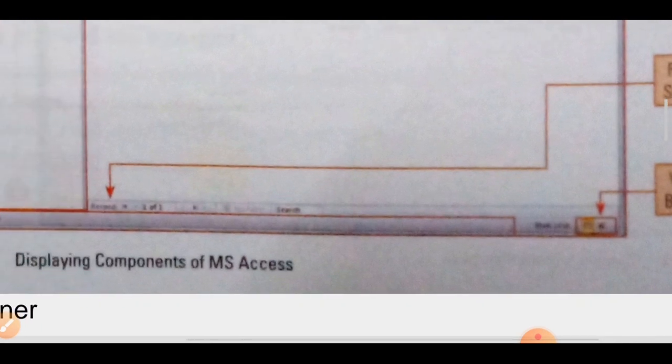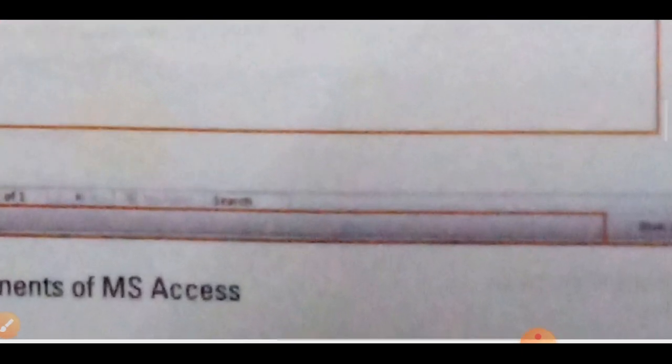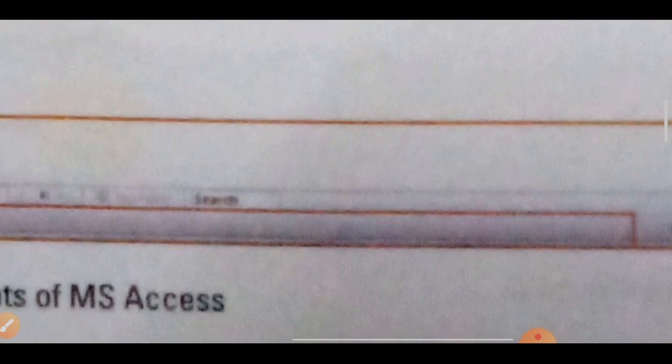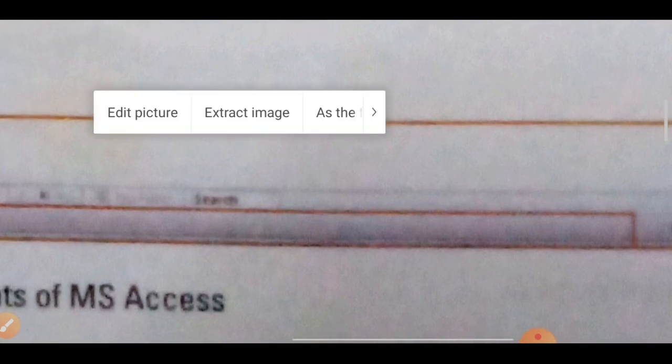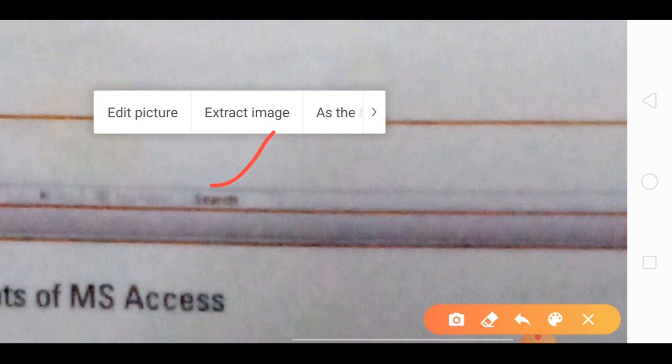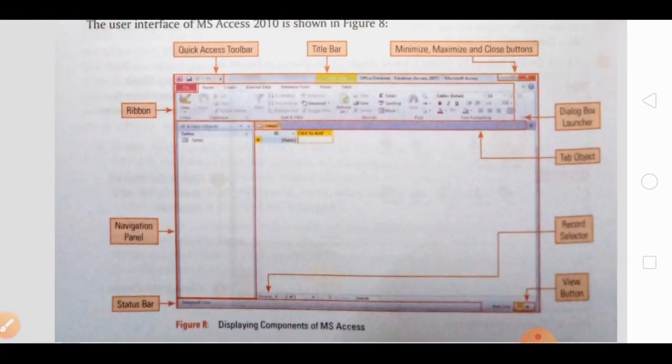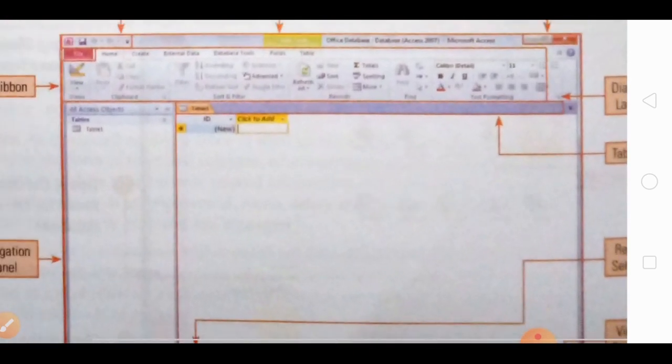Sometimes we also call this a record navigator. If you want to search any specific data from the table, there is a search option also available. With the help of this search option, you can search your data in the database or from the table also. And there are some more options available, that is the dialog box launcher, tabs.